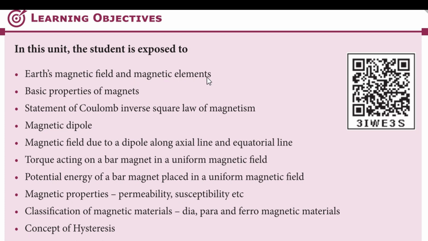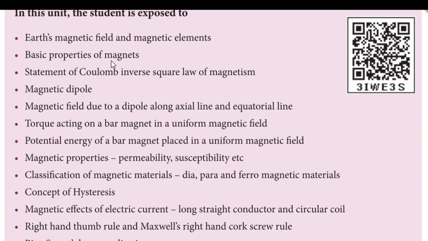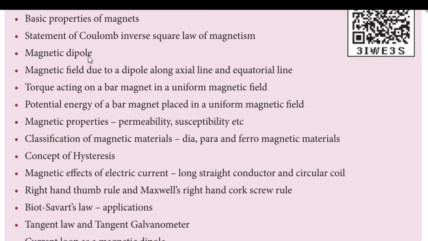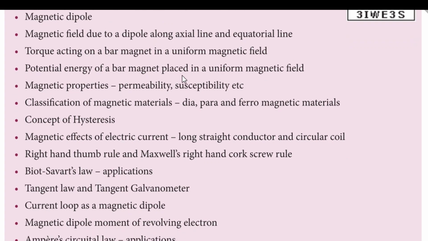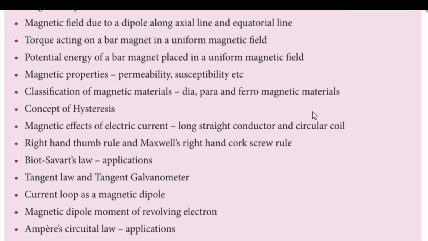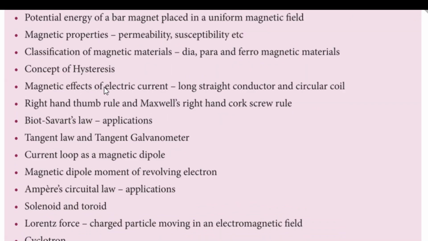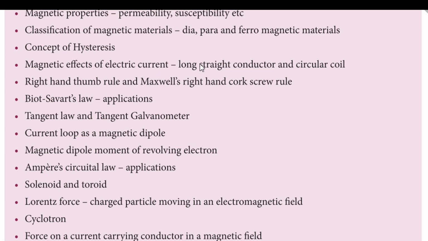and magnetic elements, basic properties of magnets, statement of Coulomb inverse square law of magnetism, magnetic dipole, magnetic field due to a dipole along axial line and equatorial line, torque acting on a bar magnet in a uniform magnetic field, potential energy of a bar magnet placed in a uniform magnetic field, magnetic properties such as permeability, susceptibility, etc., classification of magnetic materials like dia, para, and ferromagnetic materials, concept of hysteresis, magnetic effects of electric current along straight conductor,